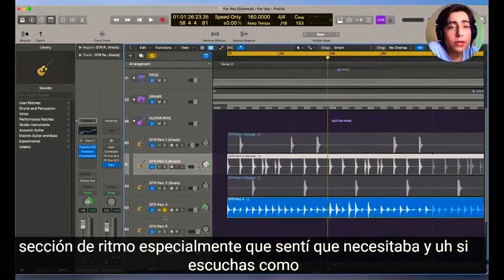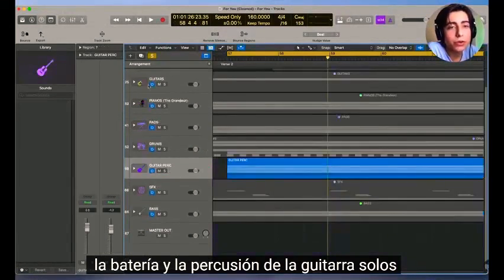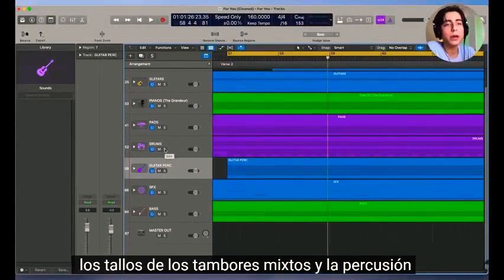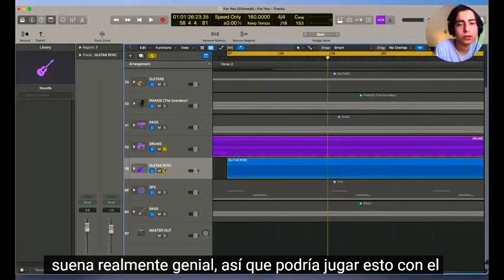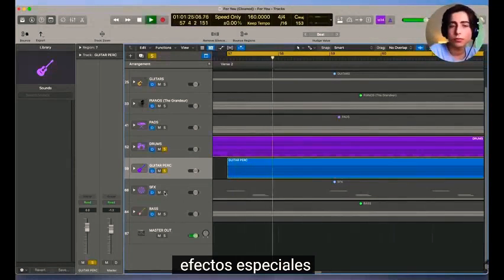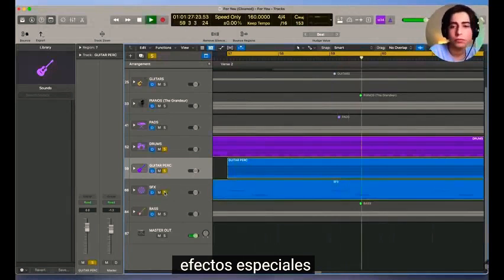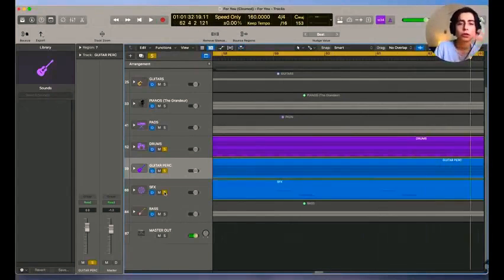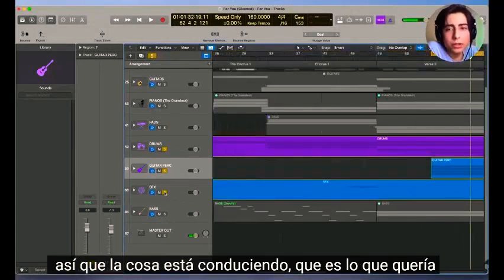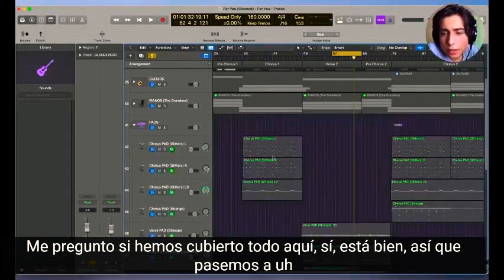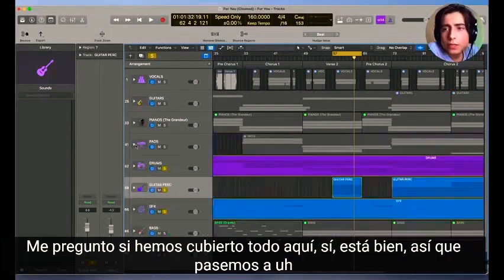And if you listen to the drums and the guitar percussion soloed, it's a beautiful thing. And when it was mixed, the stems of the mixed drums and percussion sound really, really cool. So, I might actually play this with the special effects. So the thing's driving, which is what I wanted. I wonder, have we covered everything here? Yeah, okay, so let's move on to